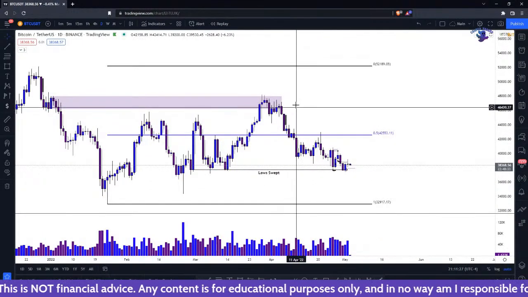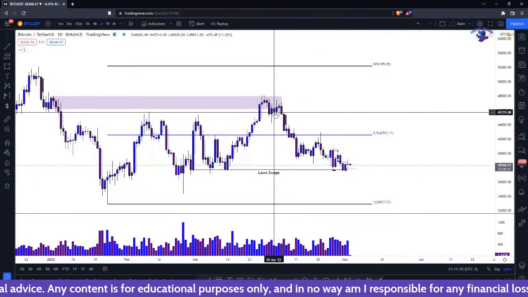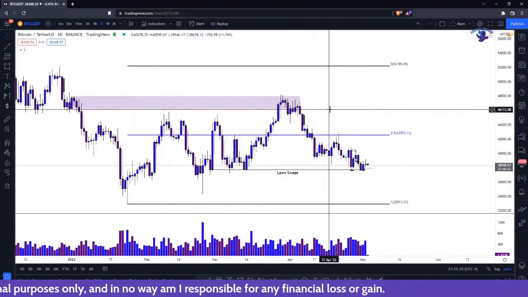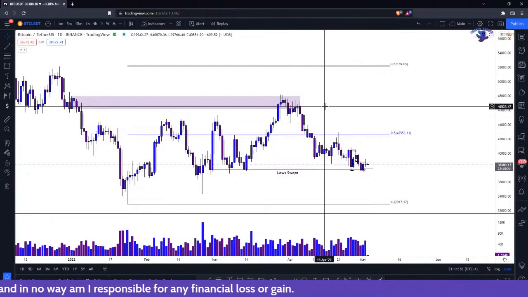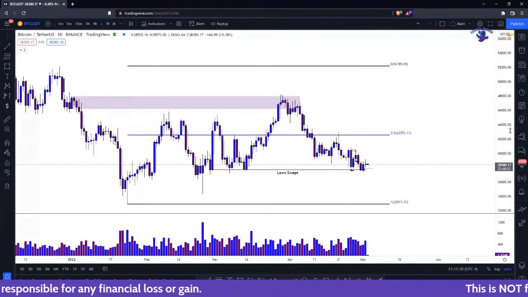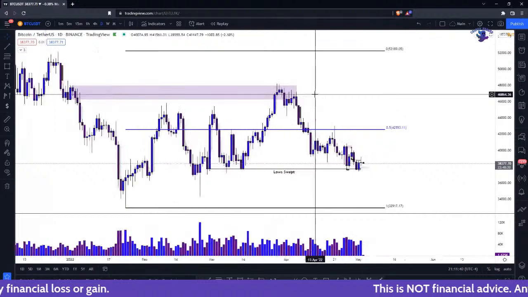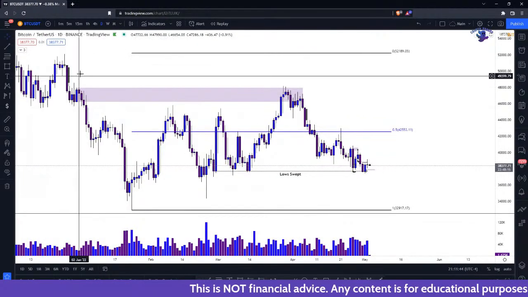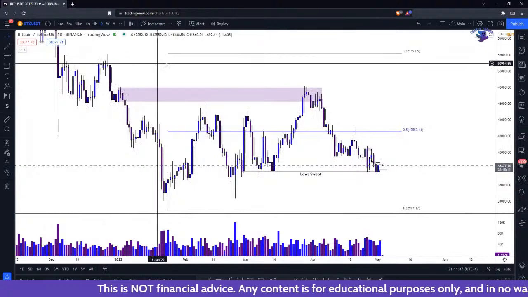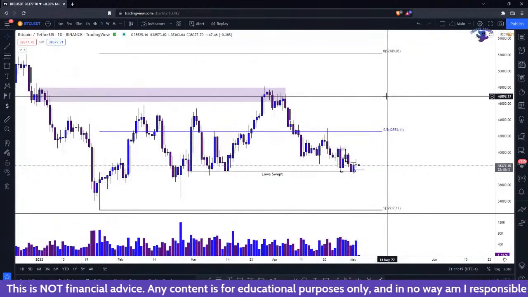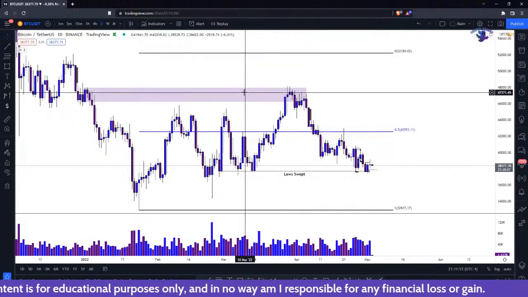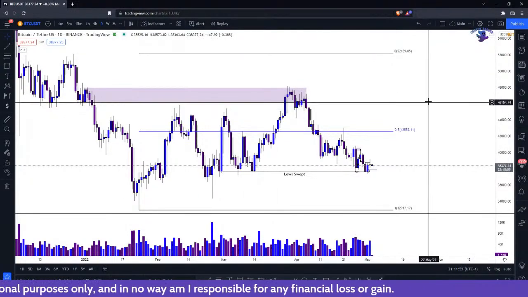This was where it kind of did it for me. And those of you who've been in the Discord, we took shorts, I think from like 47,170. So we kind of sniped the top there. I know most of you aren't holding them. We've hit Bitcoin a couple times since then, but that was really what confirmed redistribution, in my opinion. Yes, we left some buy side liquidity above, but to be dead honest, I don't see that getting tapped for a while with all the macroeconomic factors at play.